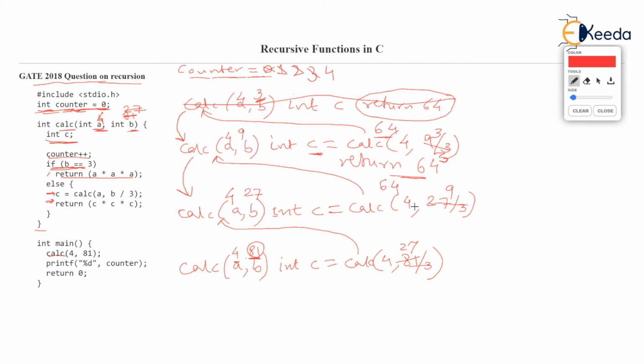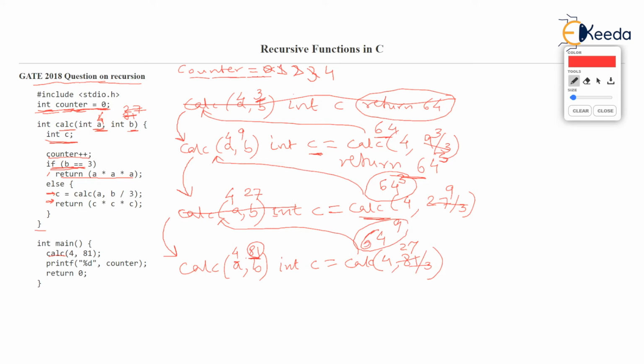So in this function, C becomes 64, sorry, 64 cube. I'm so sorry. 64 cube gets returned, isn't it? At this call, and the function will now return C into C into C. That is 64 cube into 64 cube into 64 cube. That is 64 raised to 3 plus 3 plus 3. That will be 9. And this function will end returning 64 raised to 9 here. 64 raised to 9 is returned at the call.